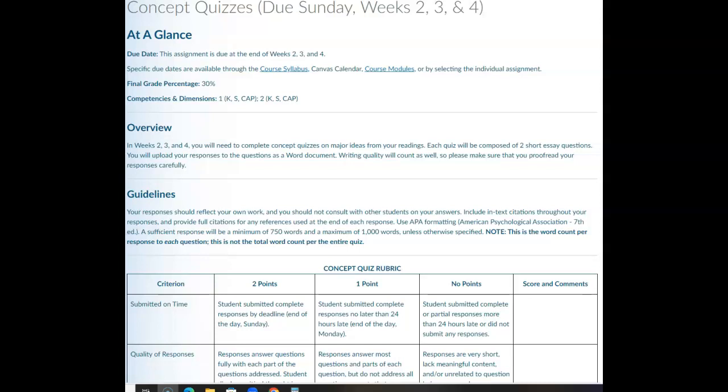So the content of the 2 short essay questions for the quizzes really are going to depend on what content we are discussing the week that the concept quiz is due, right? But the format is the same. It'll be different questions for each quiz. Now,